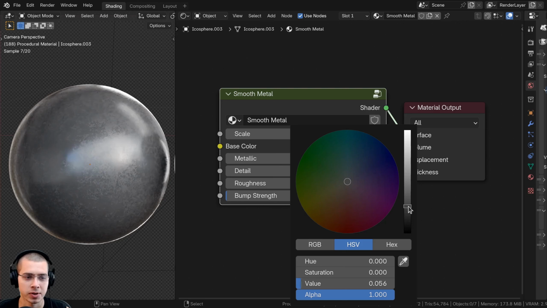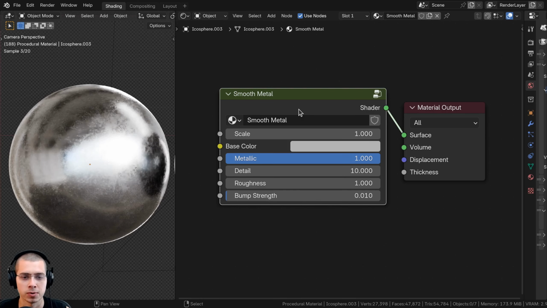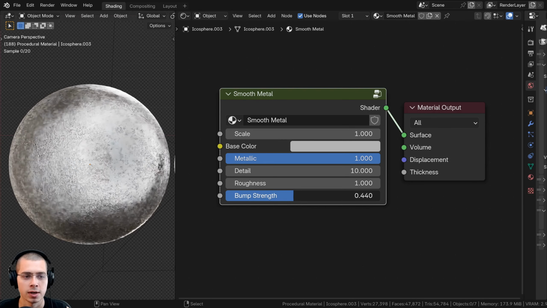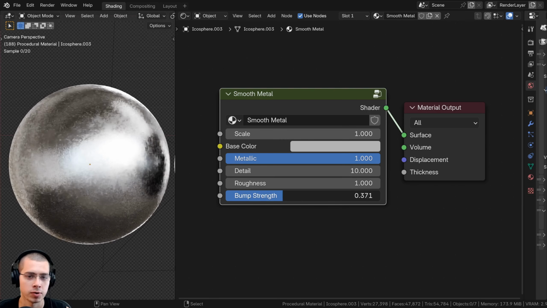And if you do that, it actually kind of looks like a plasticky material with a little bit of surface imperfections. So that's pretty cool as well if you wanted to create a plastic material. Then we also have the detail level of that texture. Then we have the roughness of the material to make it more rough or more shiny. And then we also have the bump strength. So it is a smooth metal, but if you want to make it really rough, you could turn up that